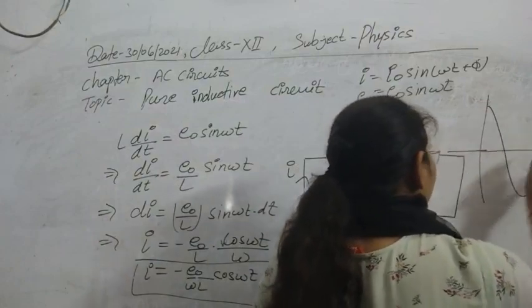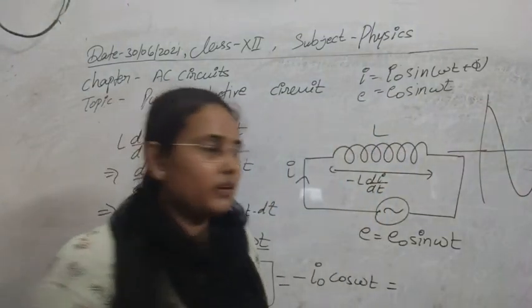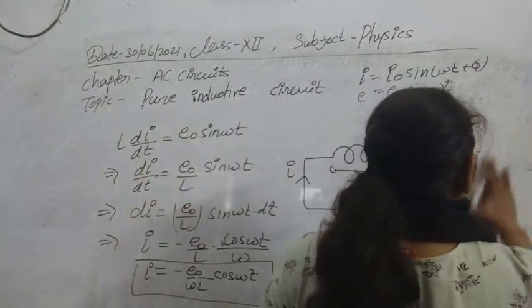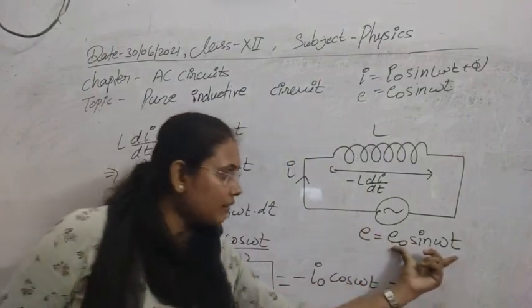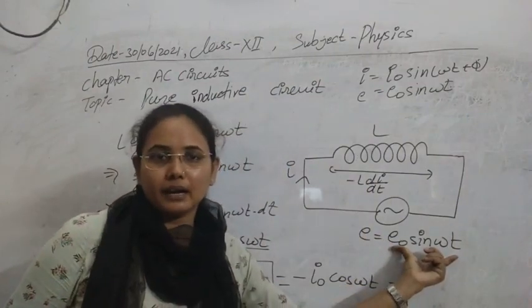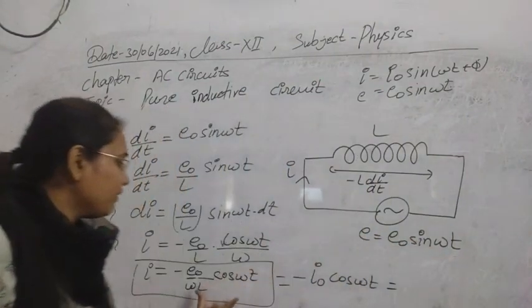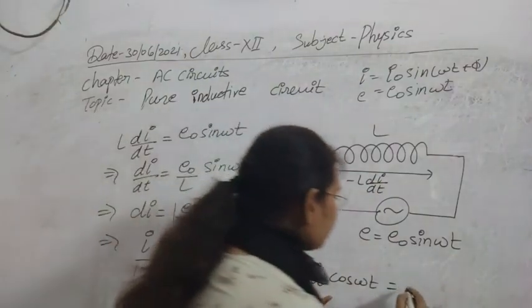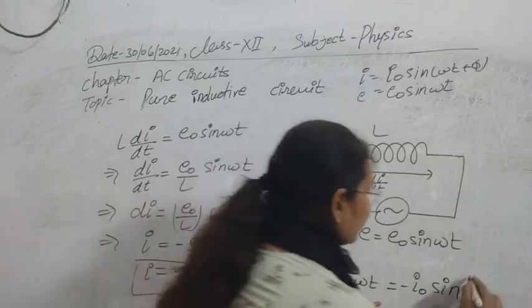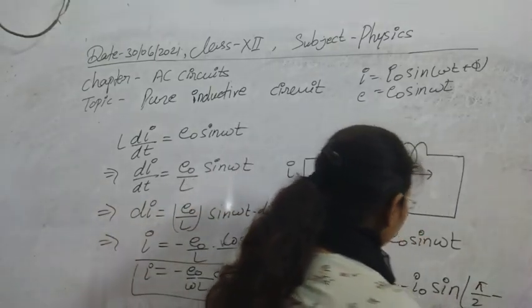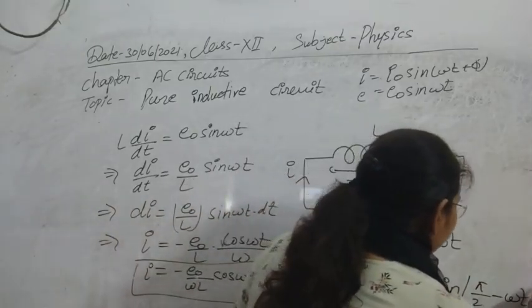Such kind of graph we are getting for the cos one. So that's why we are going to use the sine function to represent the alternating current and voltage, and we have to just compare their phasor diagram or their phase, so that's why we will convert it into sine. So let's convert it to a sine function, and for the conversion we can write this as pi by 2 minus omega t.